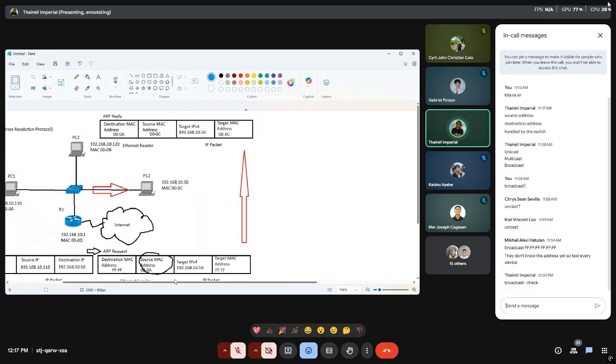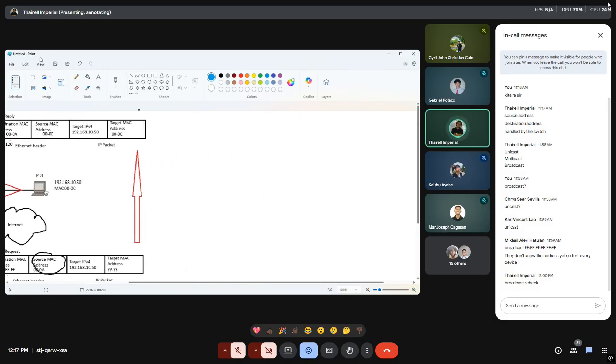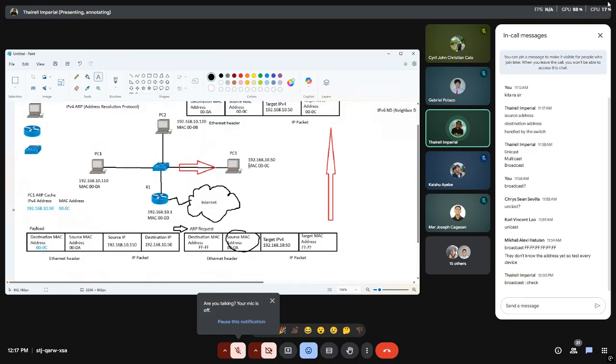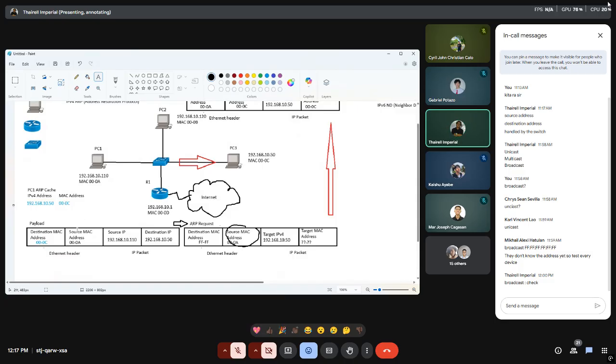Instead of ARP, this is IPv6 ND. ND there stands for Neighbor Discovery. That's IPv6 Neighbor Discovery.